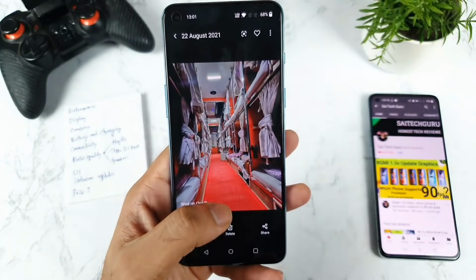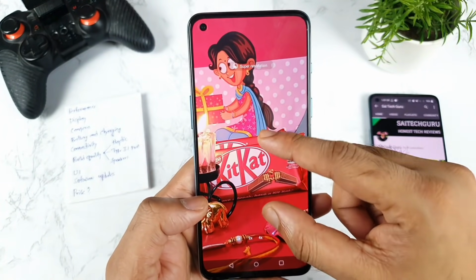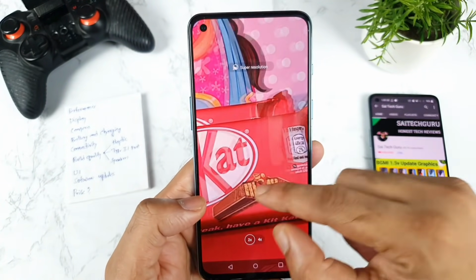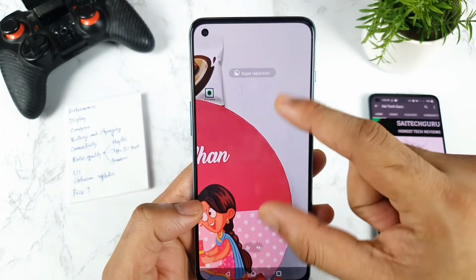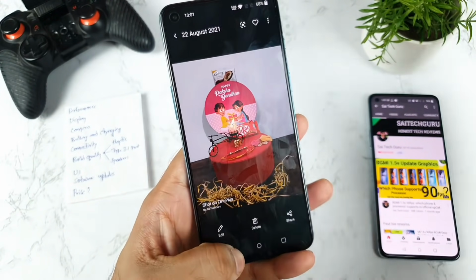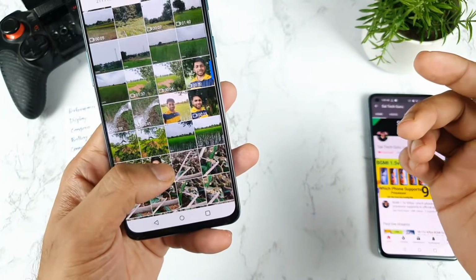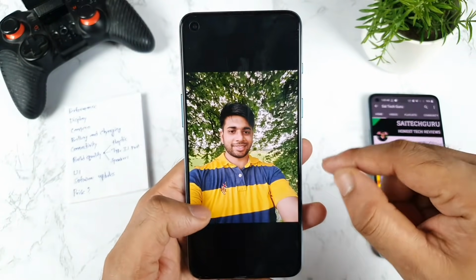The back cam, no issues with the camera. The details you get are really good in this phone. In this OnePlus Nord device, the details you can capture are fantastic in terms of the colors and everything. So regarding the camera, I don't have any issues in this OnePlus Nord device at this moment. Not only these few samples, I have plenty of other samples as well in this phone, which I collected. As you can see, the front cam.